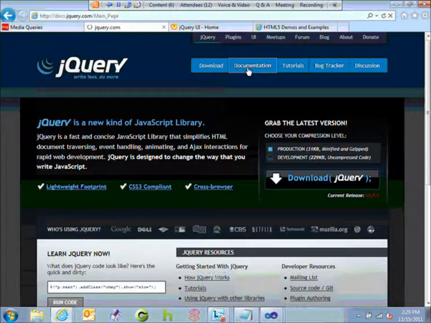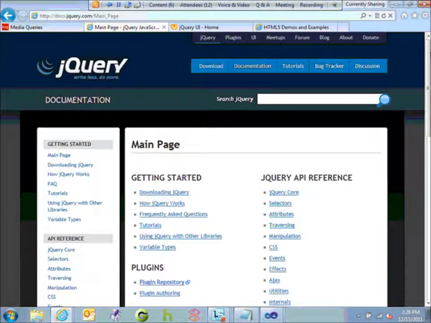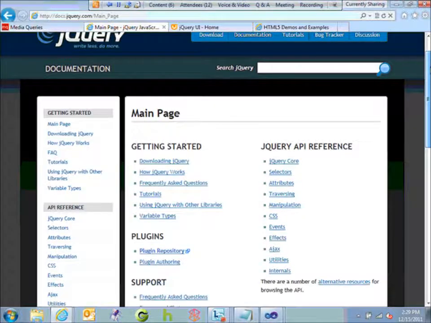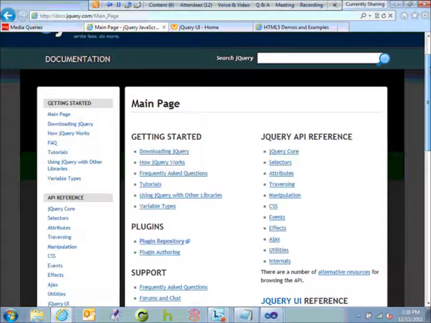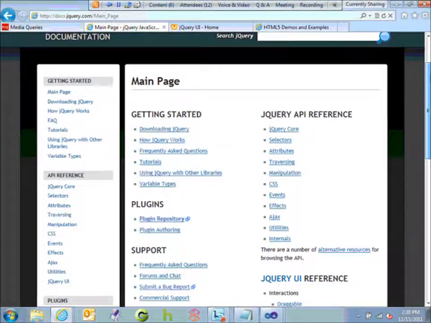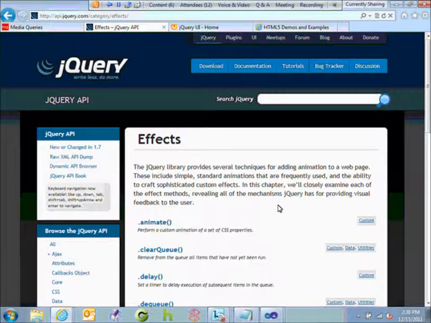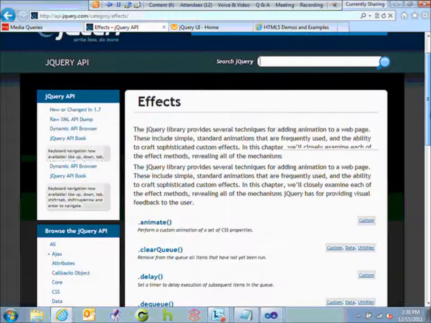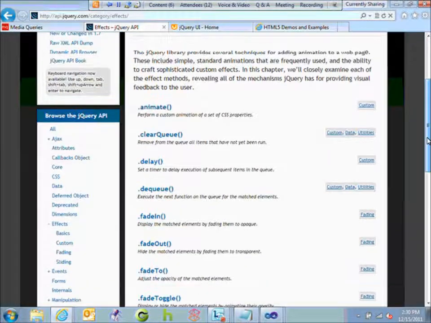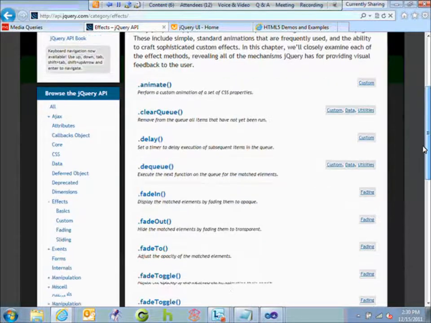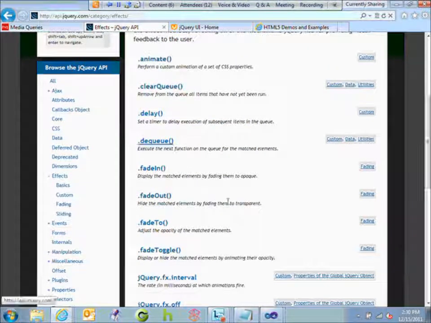So if you go to documentation, you not only can read about jQuery and using it with other libraries and some facts and everything, but you can get at the references for the jQuery API, including finding out more about it. So let's take a look at these specs. Documentation. So you can see some of these different techniques for adding effects to our site. These are in the jQuery library: animate, dequeue, fade in, fade out. Let's take a look at